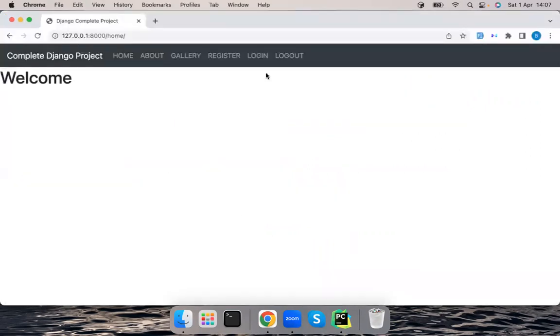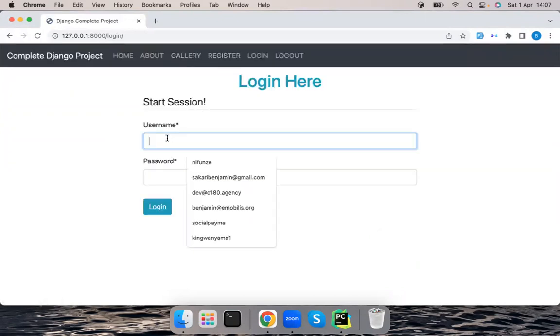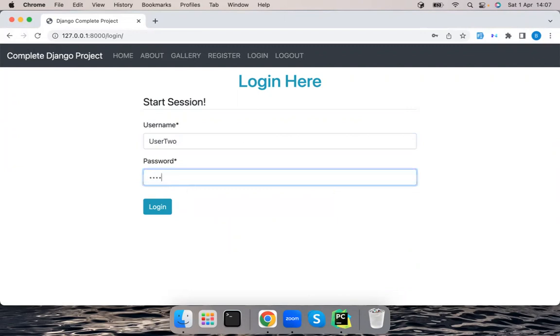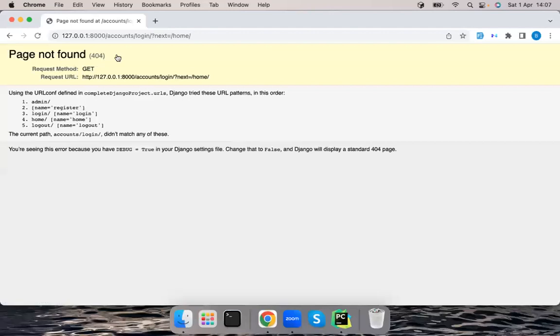So that when someone has logged in, it needs to refresh. Let me say user 2, and the password is Wanyama123, and login. So it works very well. If I click on home, it works. But let me log out, click on home, look at that, it crashes. Why? It's because when you have logged out,